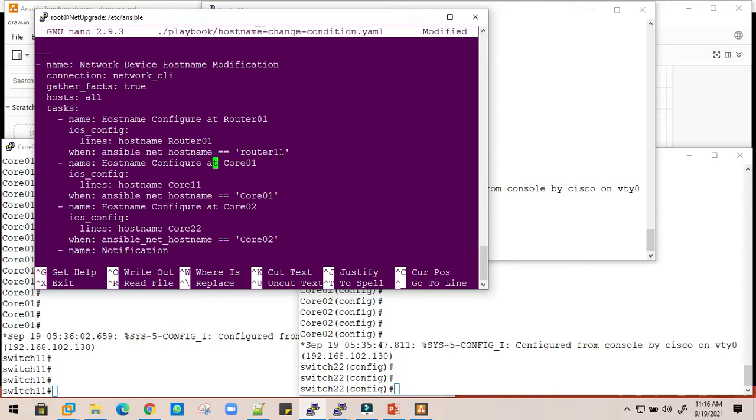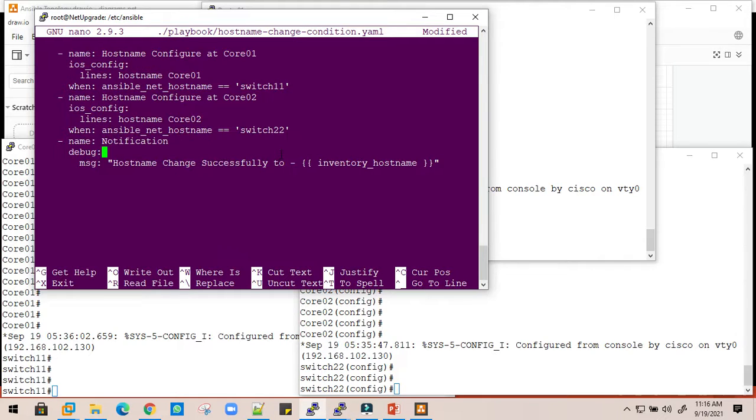The same case will execute on the second core switch: when the hostname is switch 11, the name of the switch will be changed to core 1. And the same condition will apply to the next device as well. If the device name is switch 22, then the name of the device will get changed to core 02.